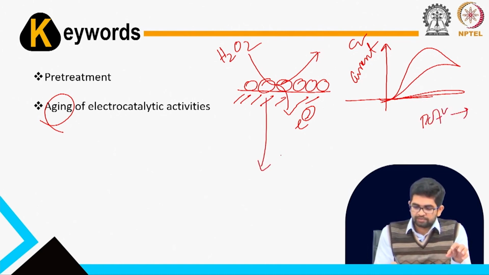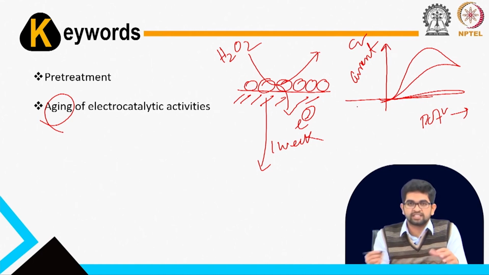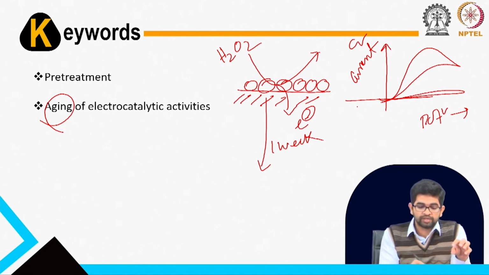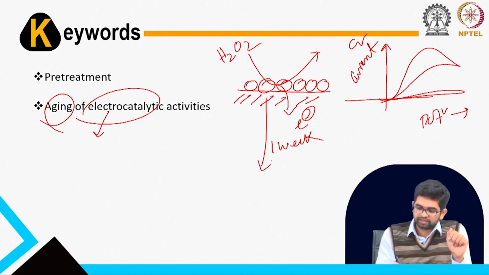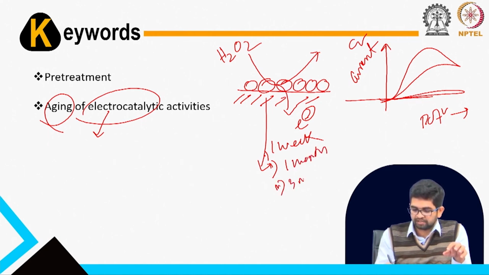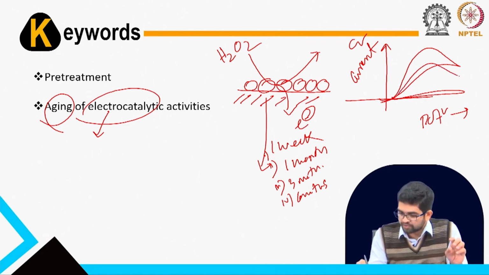Now if you keep this for some time, like 1 week, you have to check this catalytic activity. By measuring just a cyclic voltammogram you can check the electrocatalytic activity. This is not just catalytic, it is electrocatalytic activity. You can check after 1 week, after 1 month, then after 3 months, after 6 months. Then you have to check this kind of cyclic voltammogram. You may observe the cyclic voltammogram slowly decrease